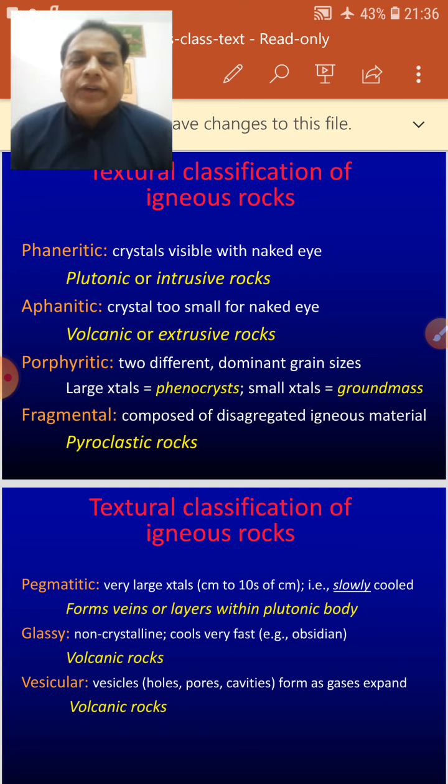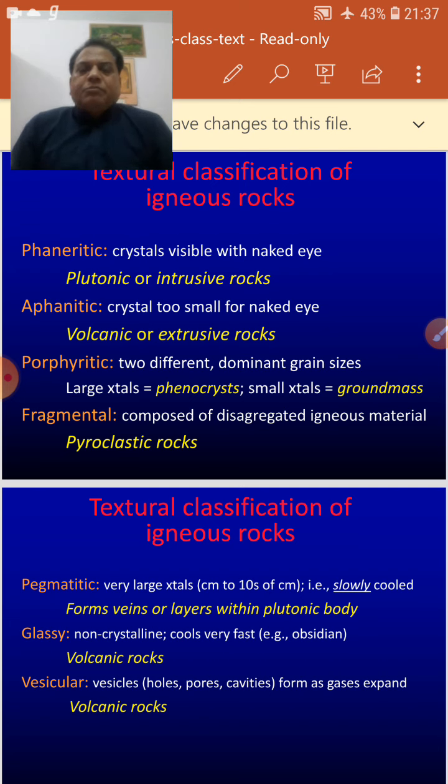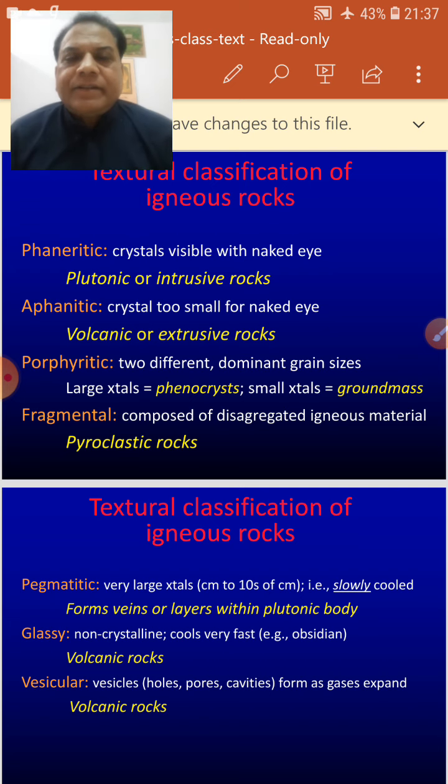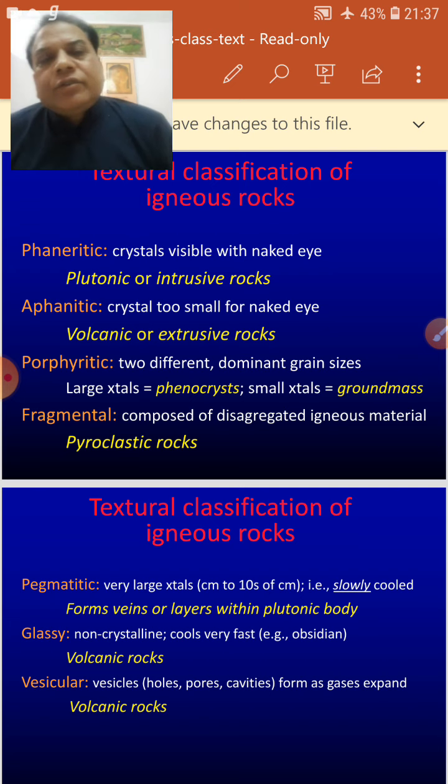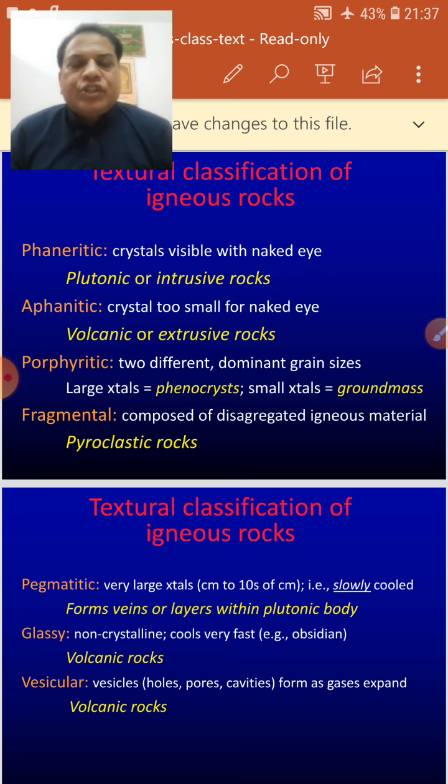The third, porphyritic, means that the rock will have at least two sizes of grains. Naturally, that magma has crystallized at two different depths and resulted in different grain sizes, and depending upon the composition, we can prefix the term porphyritic before the name of that rock. Say porphyritic granite means it has the composition of granite, but the textural difference is there. Similarly, you can say porphyritic gabbro. The texture is the same, but the mineral composition is different, that of gabbro.